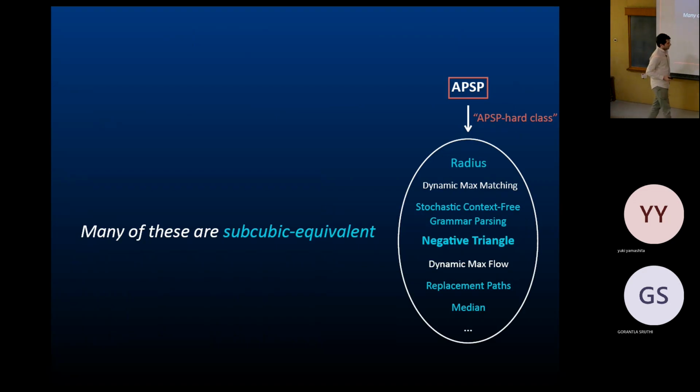And so this problem also has its hardness class, a lot of graph problems. Let me tell you this example. This is probably the nicest, most surprising problem in the class, negative triangle. You have a graph with n nodes and some edge weights. You want to find 3 nodes, a triangle, where the sum of edge weights is negative. Very simple problem. If you try all triples, you will get n cubed, very easy. It's a decision problem, you just have to say yes or no. If you do this in subcubic time, you solve APSP in subcubic time.